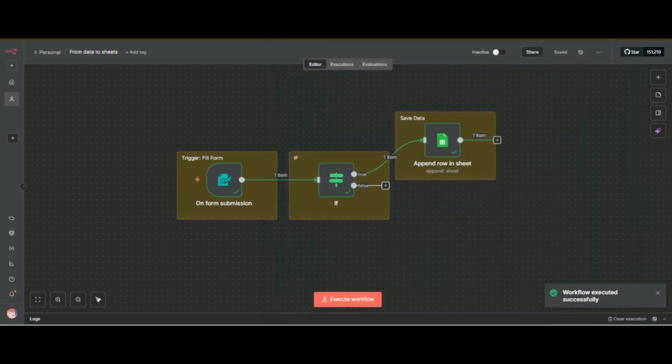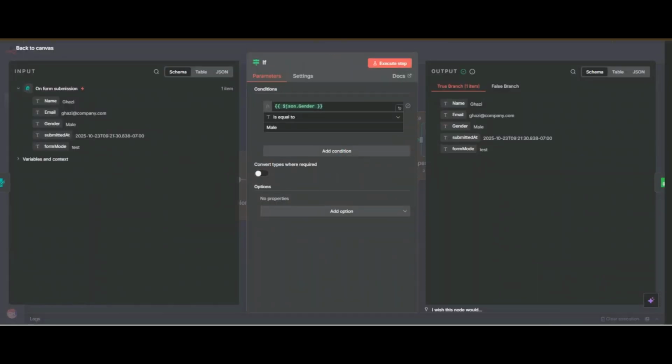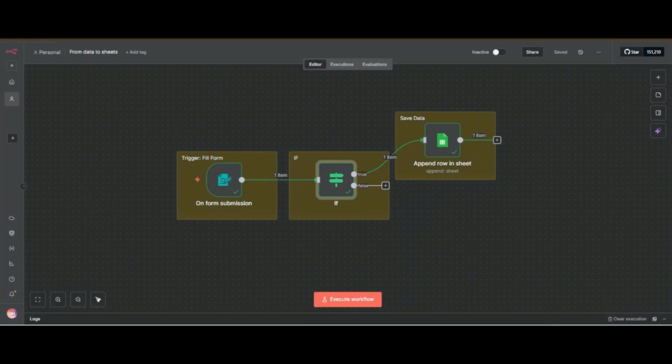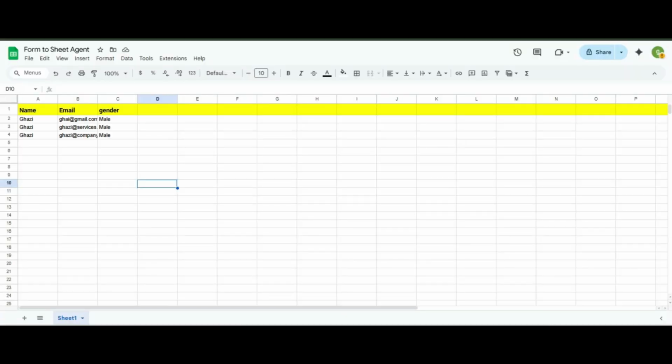Now you can see it goes to the if section and it checks if it contains male, so it sends to the true branch. If it does not contain male gender, it sends to the false branch. So now the data is saved in our database, Ghazi at the rate company.com.